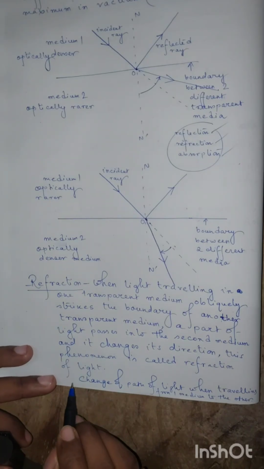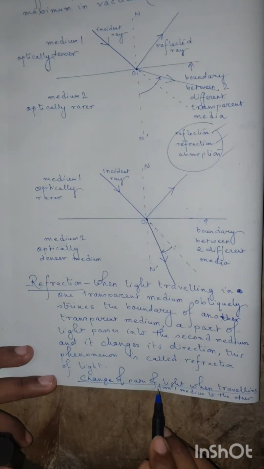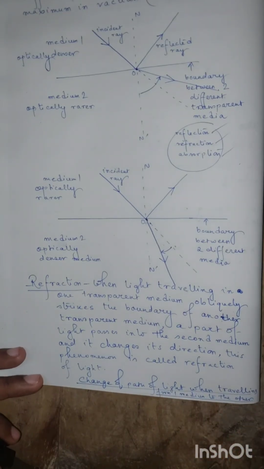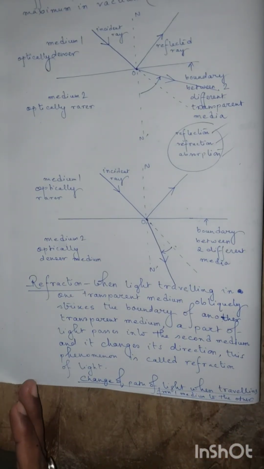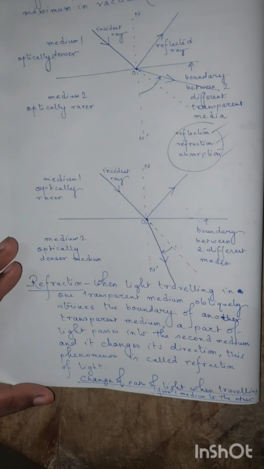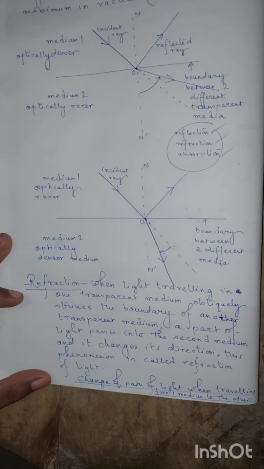So in short, we can say change of path of light when traveling from one medium to the other. This is called refraction. Okay, so the definition of refraction is, so we can define refraction as